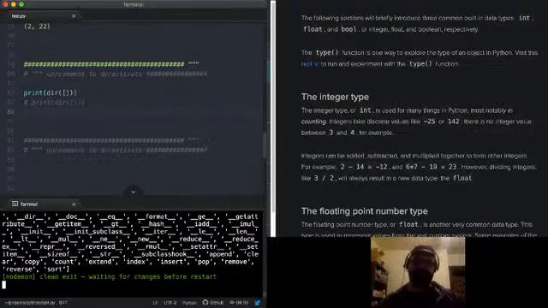Index gives you the index of the element passed to it, if that element's in the list. Insert is like append, except it allows you to add something not at the end, but at the beginning or anywhere in the middle. Pop, remove, reverse, sort.